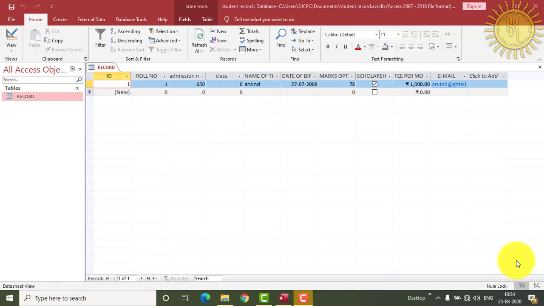Next topic is deleting a field in design view. So if you want to delete the field which you don't want in your data, you can also delete that data or the field from your table. So to delete the data from the design view, first we have to go to the design view from the view and